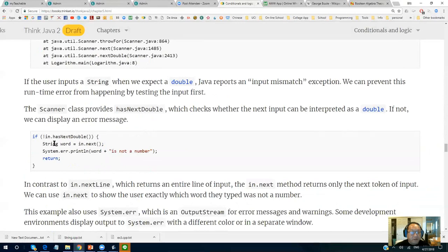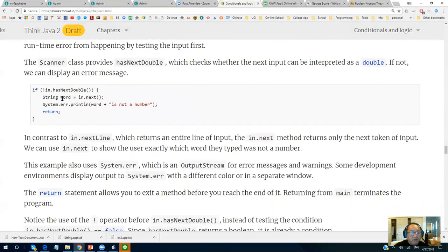So here, before we read it, I check if something, then if it is not a double, we will print this and then return. So that is to check whether the input is a double type or not. If not double type, I will print out it's not a number, and then return, and then ask you to enter again.